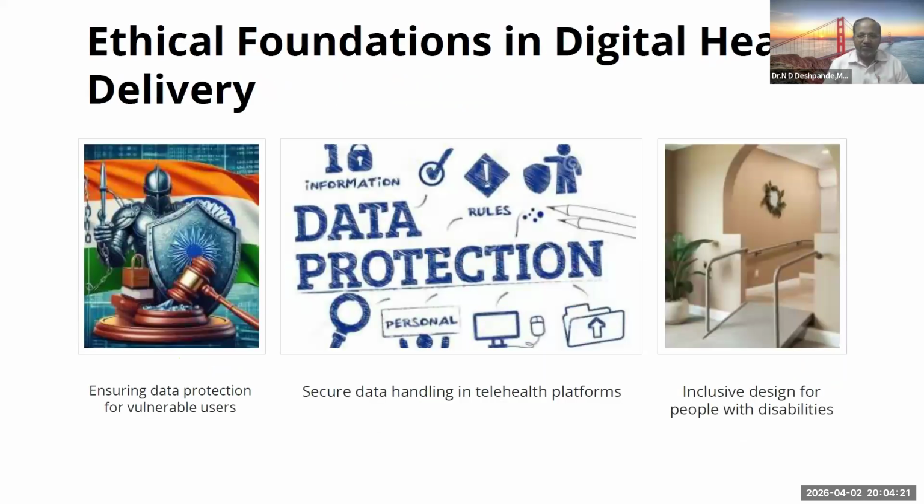Next is ethical foundations in digital health delivery. So one is about data protection, like usage of antivirus, shields, protection of various apps, cleaners, ensuring data protection for vulnerable users. Then securing the health data in telehealth platforms. Just like money, health is even more important. So protecting the data, following the rules are all equally important